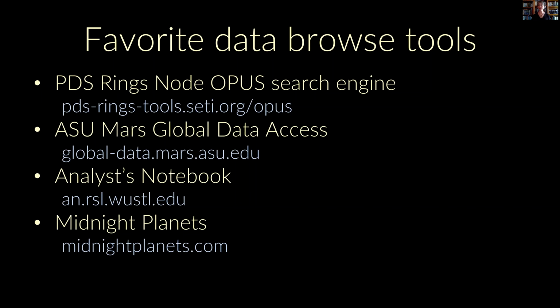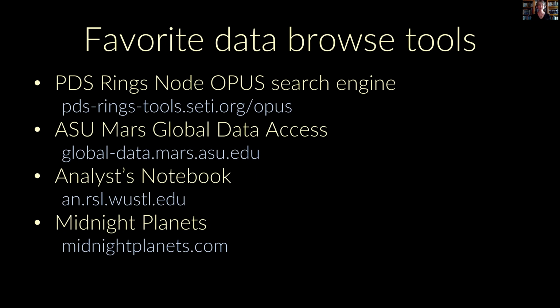Arizona State University has a really good website that provides multiple points of access into lots of Mars orbiter data. The analyst notebooks at the PDS Geosciences node are fun tools for browsing not just the images from landed missions, but also lots of the metadata, the conversations that were happening on the mission around the events that were happening as images were being taken. And then there are also community created products like Midnight Planets, which for a long time was the space enthusiast community favorite way to get access to the Mars Exploration Rover and Mars Science Laboratory data.